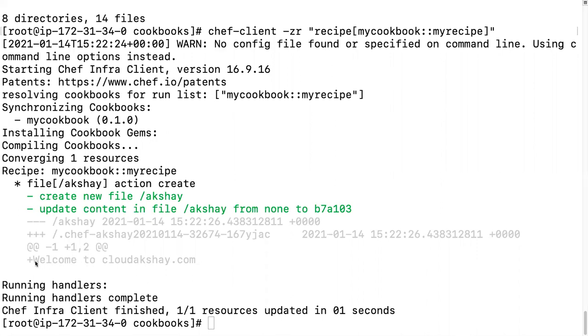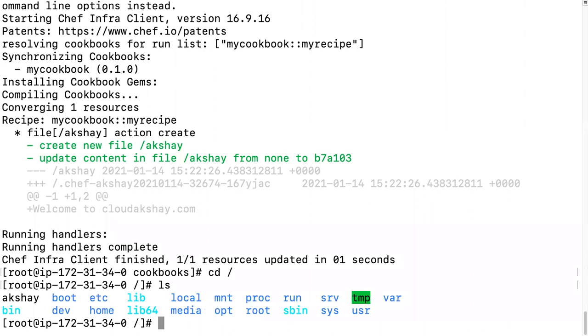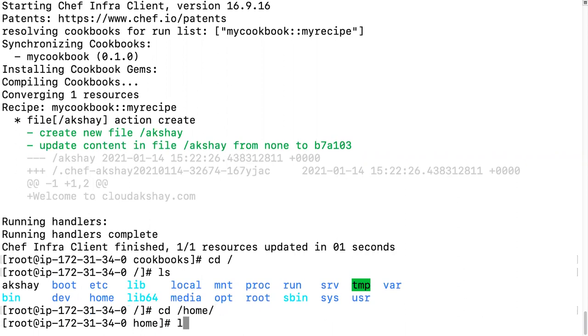There is the content: Welcome to cloudakshay.com. You can see. Let's check if it's available in the root folder or not. cd root. I am on root right now, and you can see one file is created, Akshay. Let's check once more: cd home and ls.